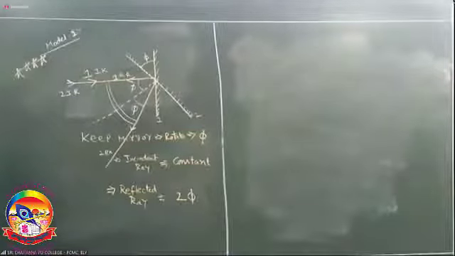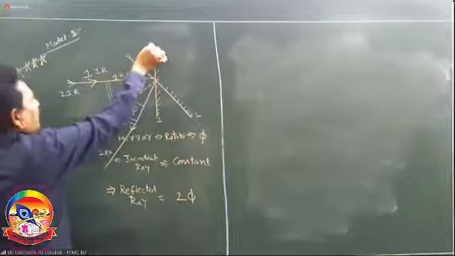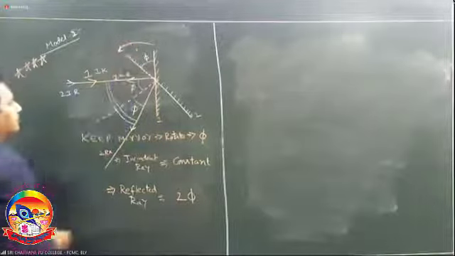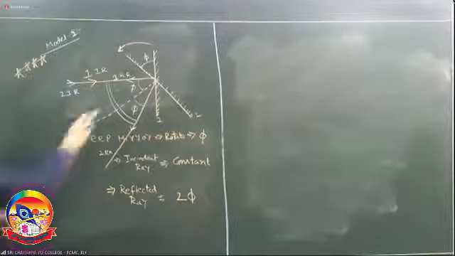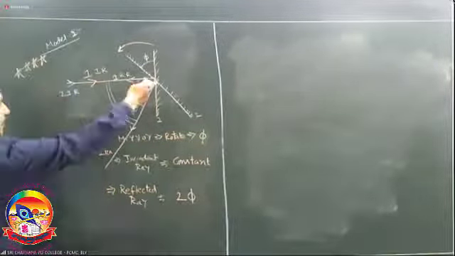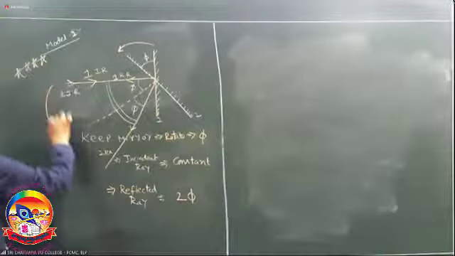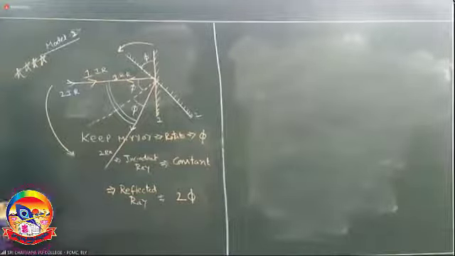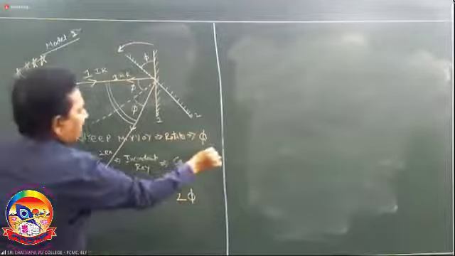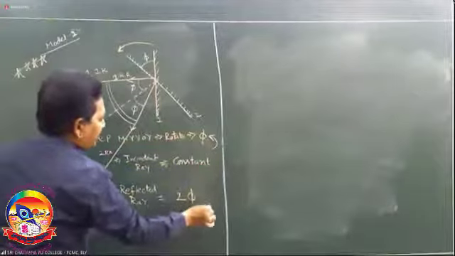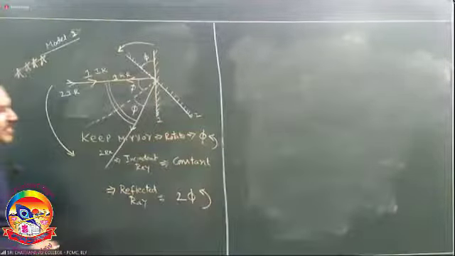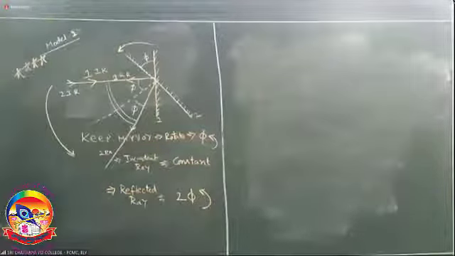The direction also you can see. The mirror comes from here to here. Initially, this is the reflected ray. Now this is the reflected ray. The reflected ray travels from here to here. Same direction or opposite direction? Same direction. If the mirror rotates clockwise, then the reflected ray also rotates clockwise. Remember this as the result.